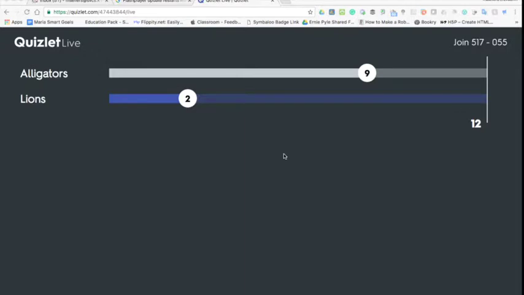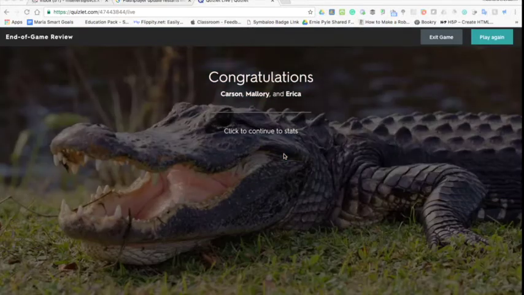And now you can see the teacher side. Usually I suggest that the teacher project this on the screen. The Lions had a great run and they answered one wrong, and it took them back to the beginning, which is why they're at 3. And as you can see, the alligators are approaching their 12 correct answers, and we'll just watch and see what happens. And so then we see right away that the alligators win, and now I can immediately click on Continue to